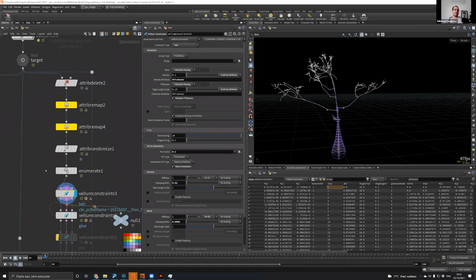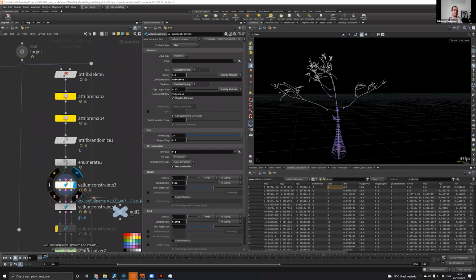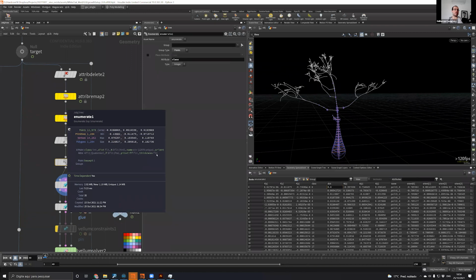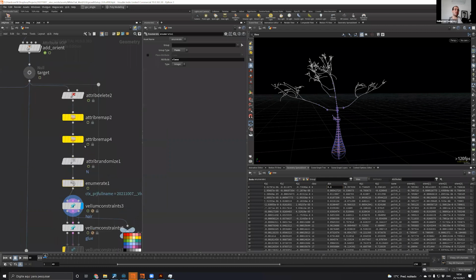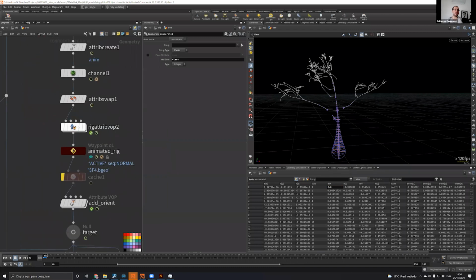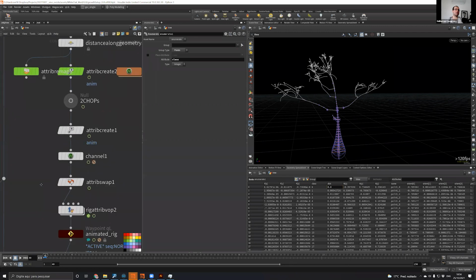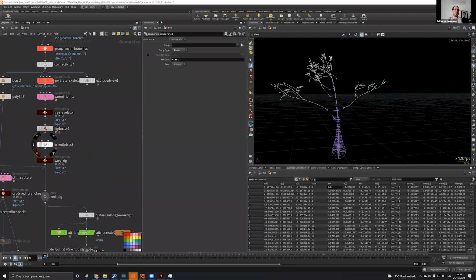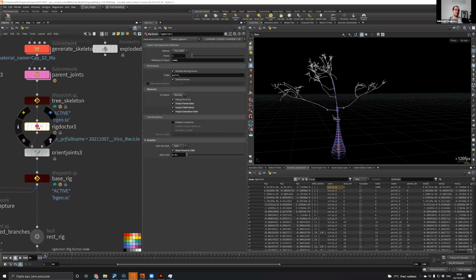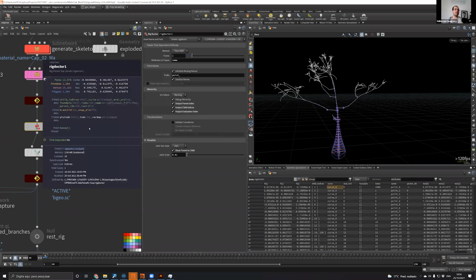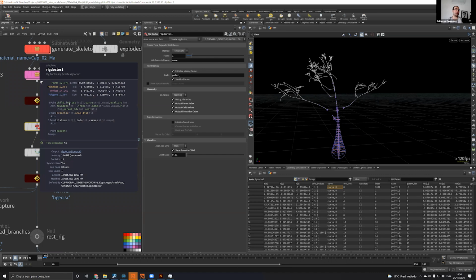Well, the Vellum constraint is clever enough to use the orient attribute, since it's a quaternion too. So what I did, since this orient joints, let me show you. The rig doctor doesn't create the transforms,